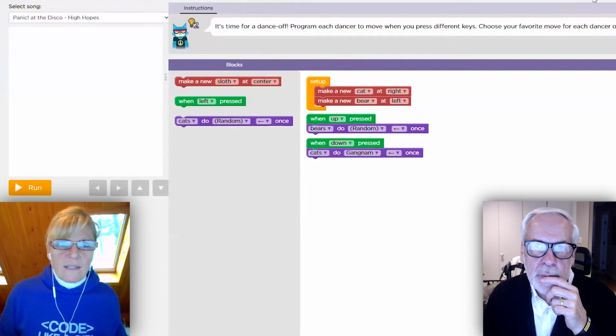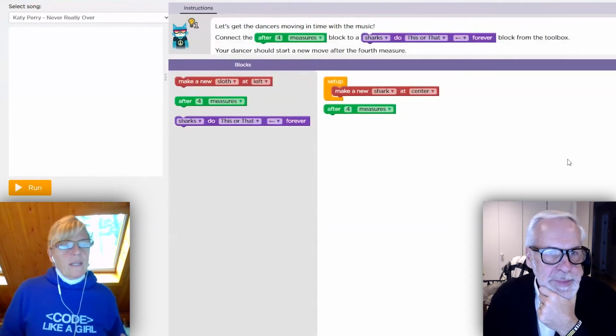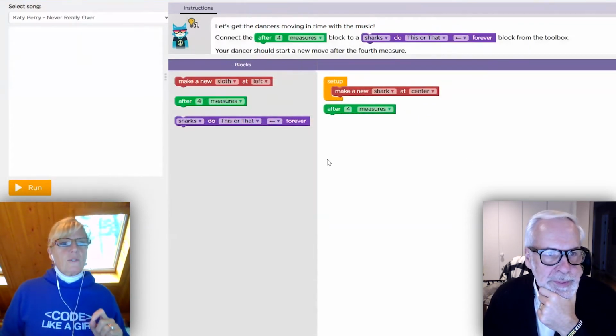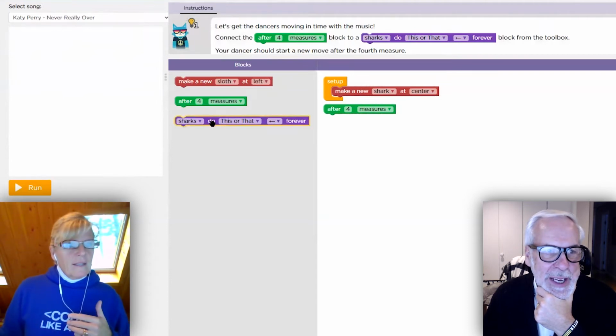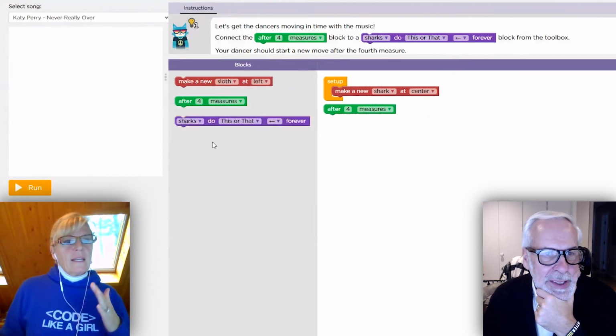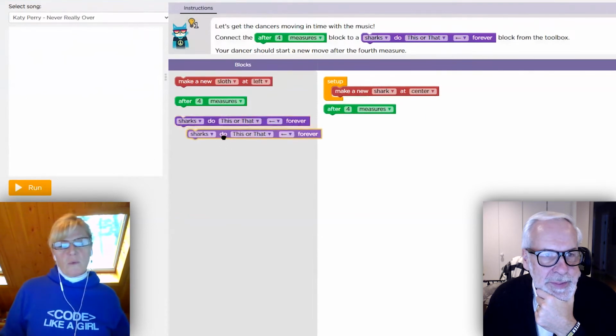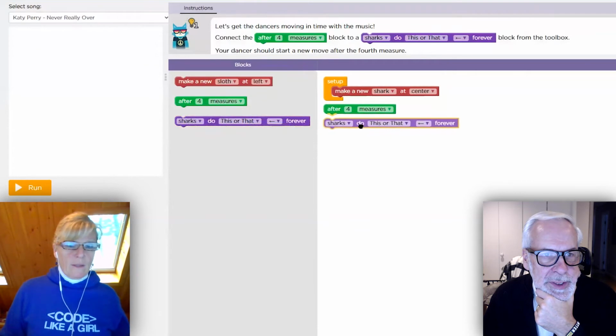Let's go to lesson number 4. And this one in particular, we thought you would really like the dance one because rumor has it that you were learning how to play the guitar, and I wasn't sure if you knew how to read music, but now you know what measures are, right? I do, yeah. So this will then change movements based on the count of the music. So this is also a really great thing to do with kids that are learning music theory. So let's make this dance.